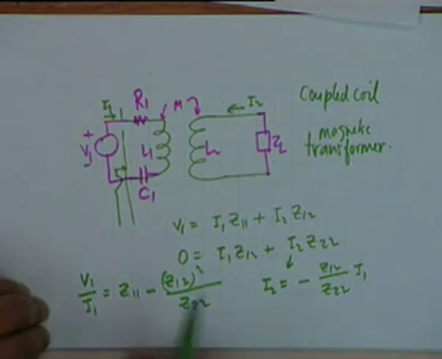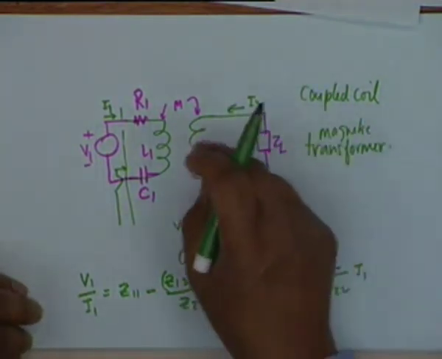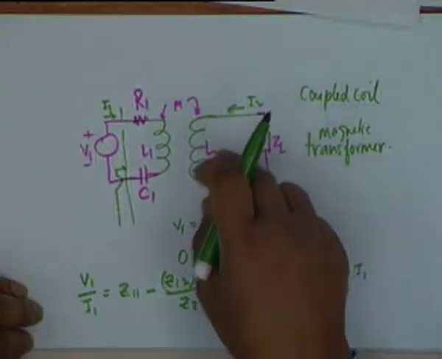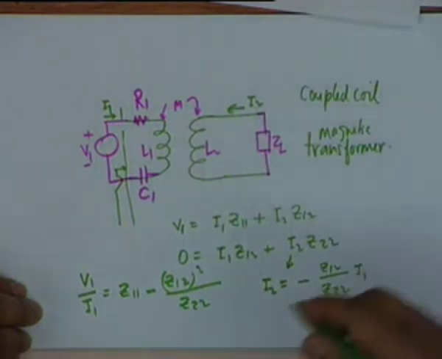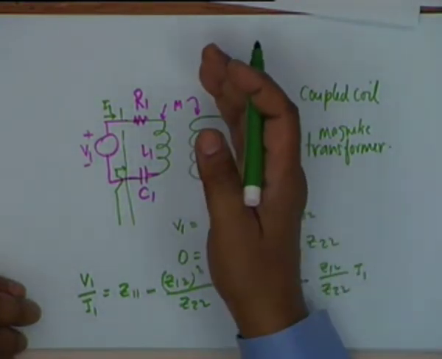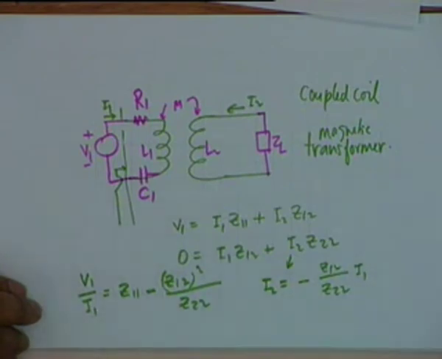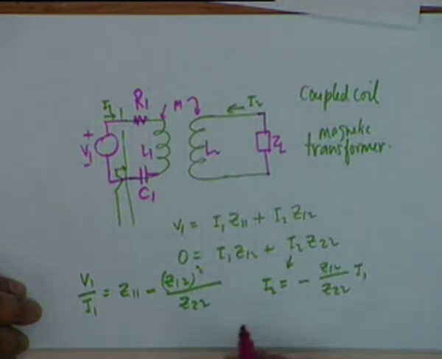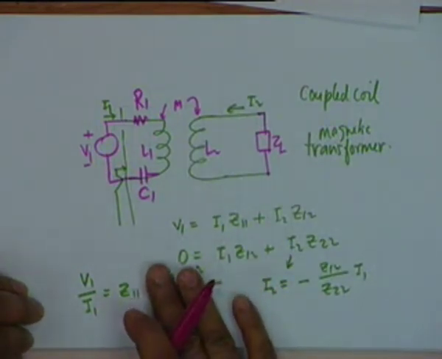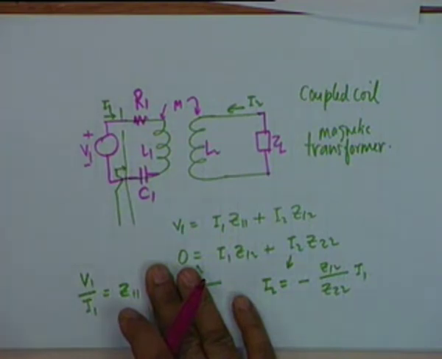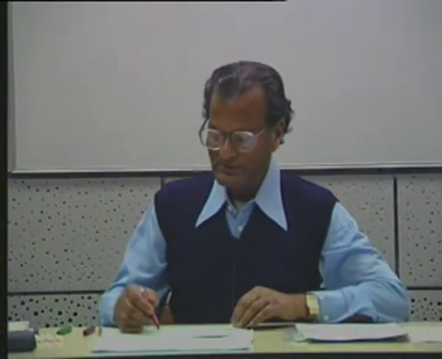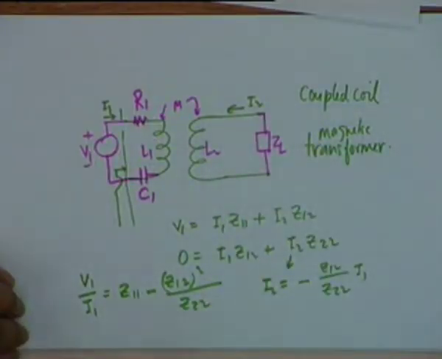So, what does this do? What does the coupled coil do? Not only the first coil interacts with the second, that is, the first coil induces a current to flow in the second circuit, but the second coil also has an effect on the first one. How? If the second coil was not there, if there is no current here, if this was kept open, then my input impedance should have been simply Z11. By definition, V1 by I1 under the condition that the output, the second port, is open. Now, because of a current flow in the second coil, the impedance is modified by this.